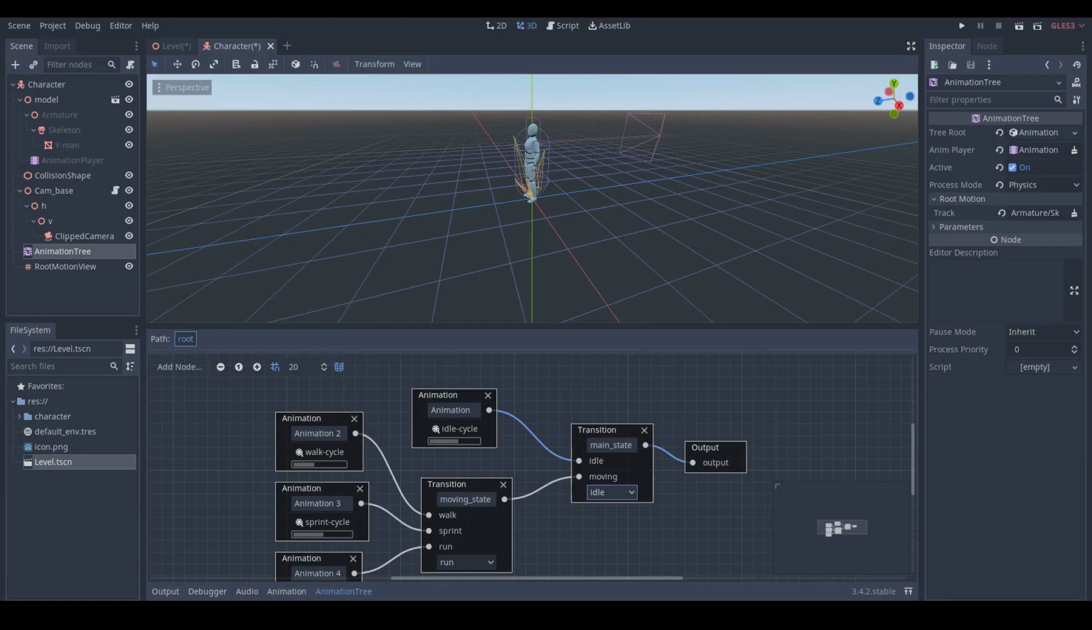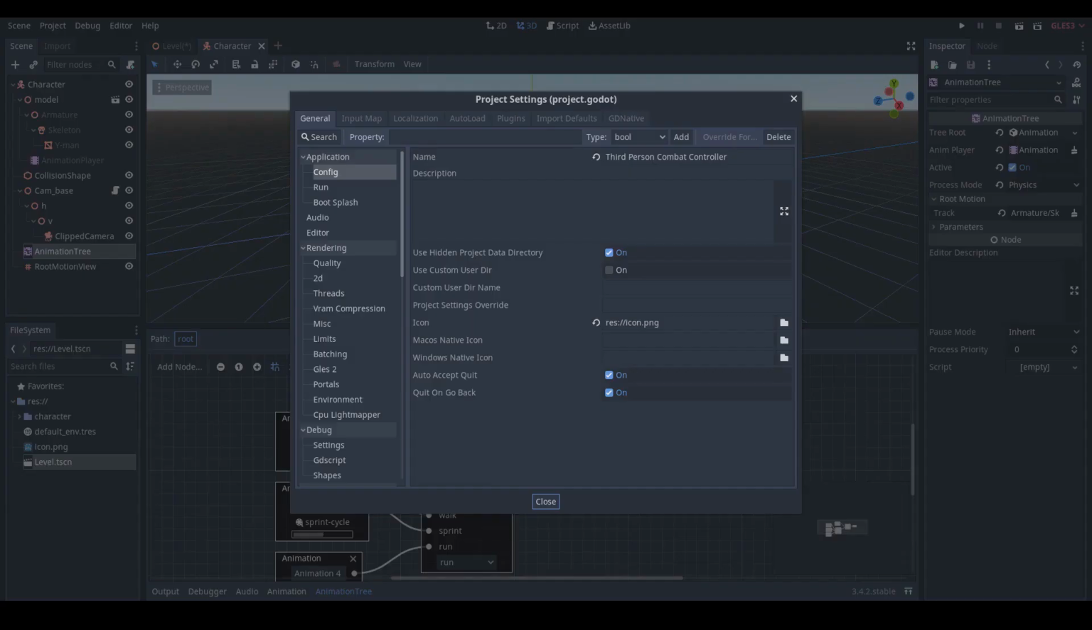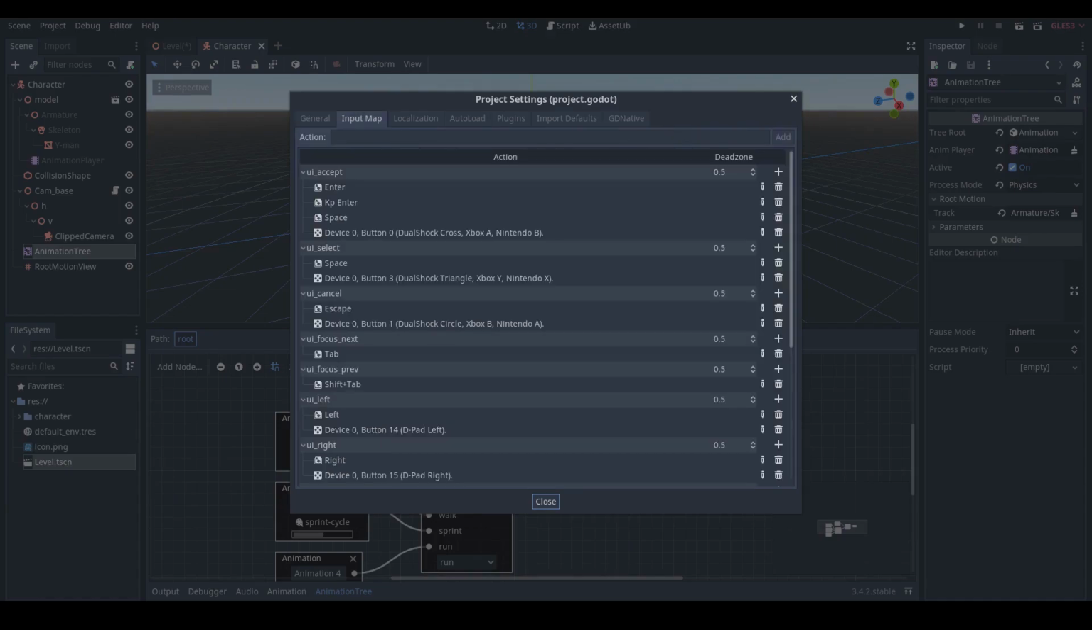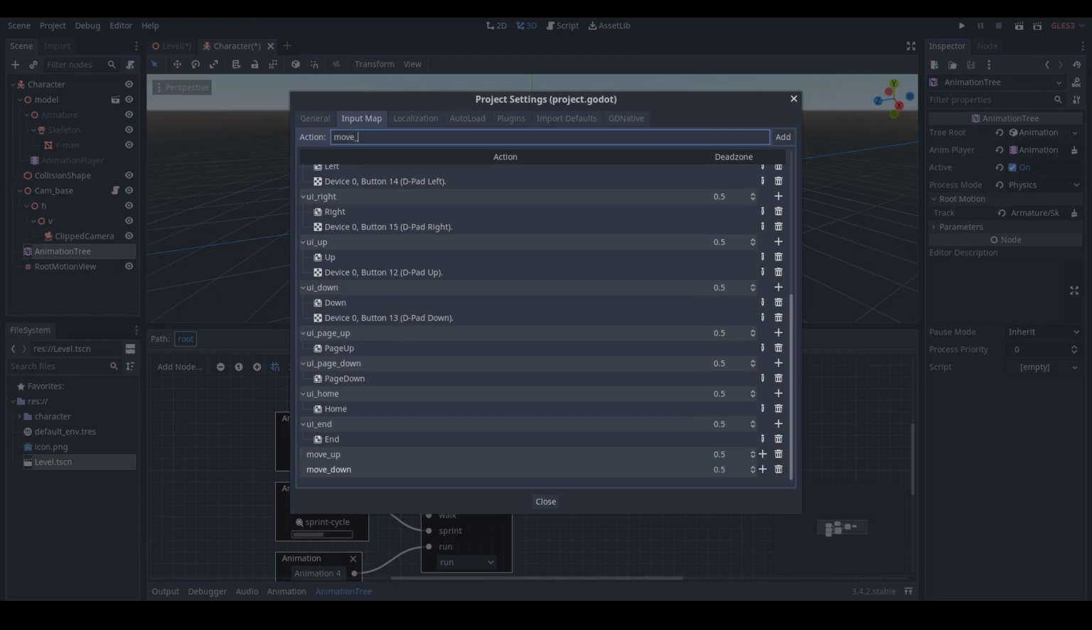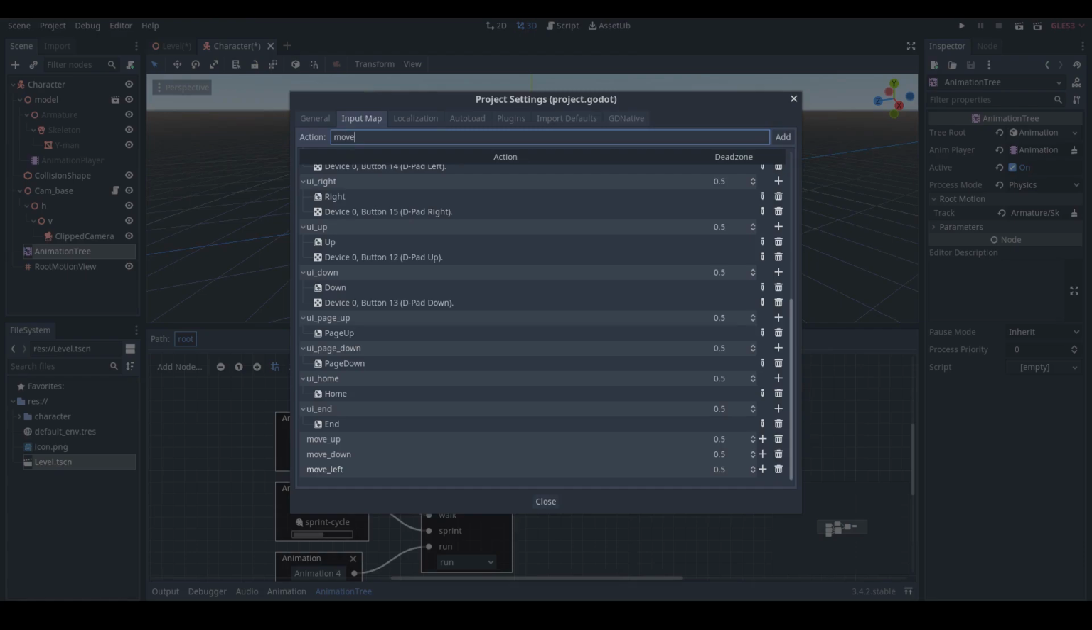The next step is to set up key mapping in your project. Click Project and then click Project Settings. Go to Input Map and then in Action, type Move Up. Click Add. Type Move Down. Click Add. Type Move Left. Click Add. And finally, type Move Right